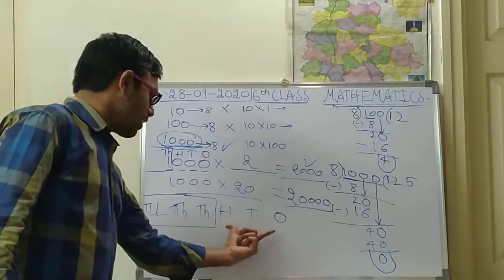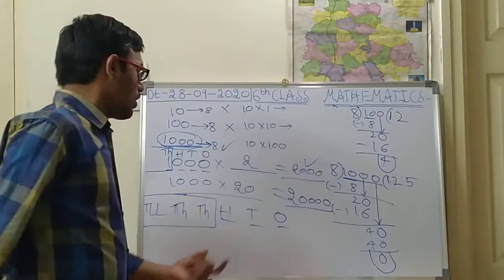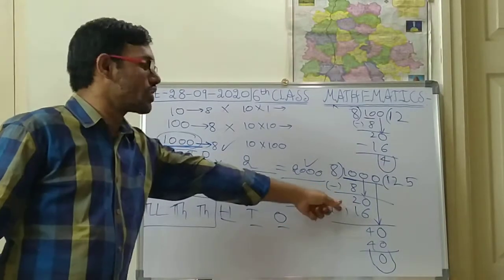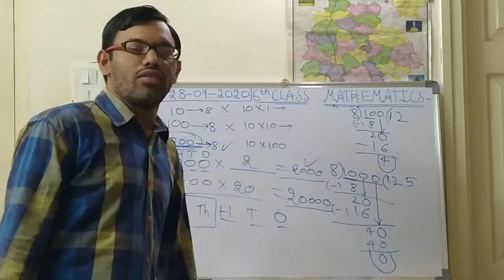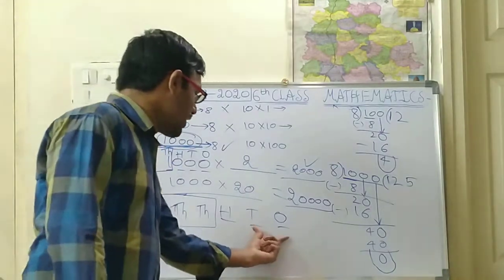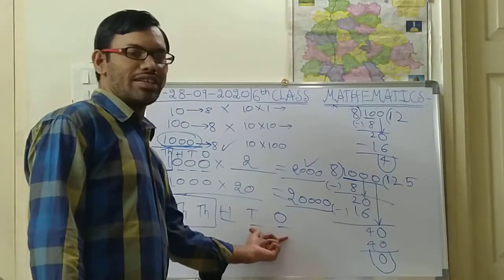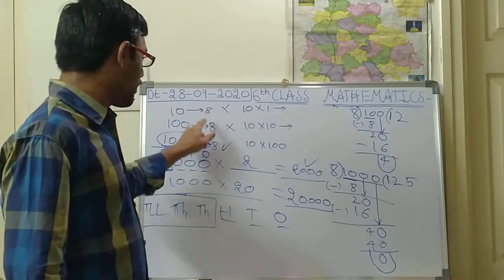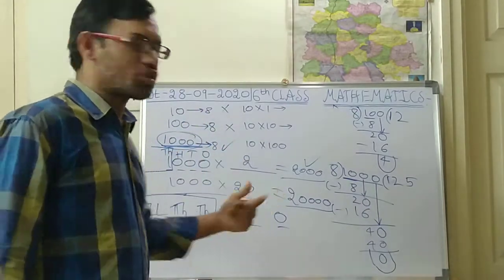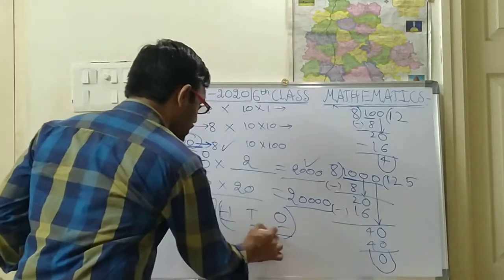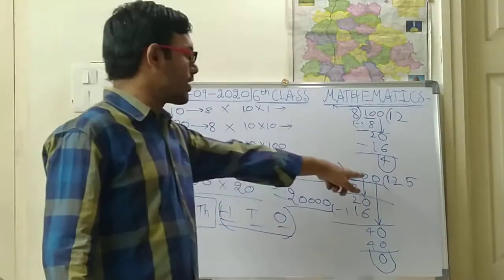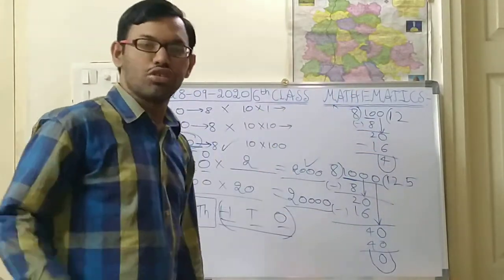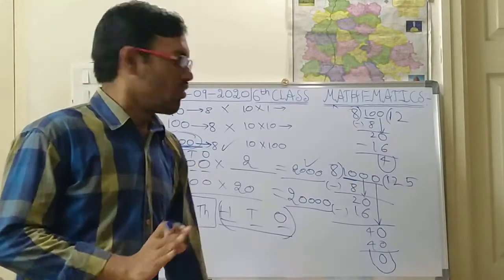Okay. But what about the hundreds, tens and ones? These 3 digits you are supposed to check by actual division. Same as for the divisibility of 4, how do you check? Only the 2 digits, tens and ones, you check for divisibility with the actual division. But for the divisibility of 8, you are supposed to check these 3 digits, ones, tens and hundreds place digits, whether divisible by 8 or not with the actual division. I think you are clear. Is it right? Very easy, children.